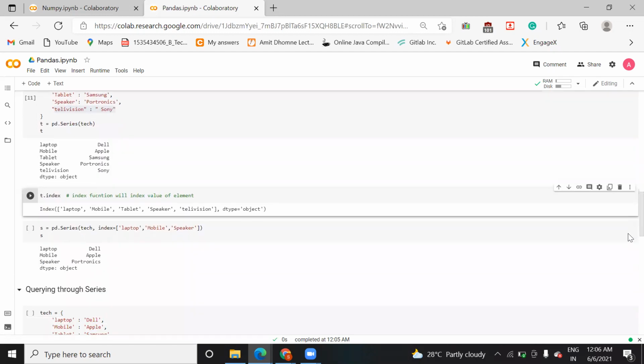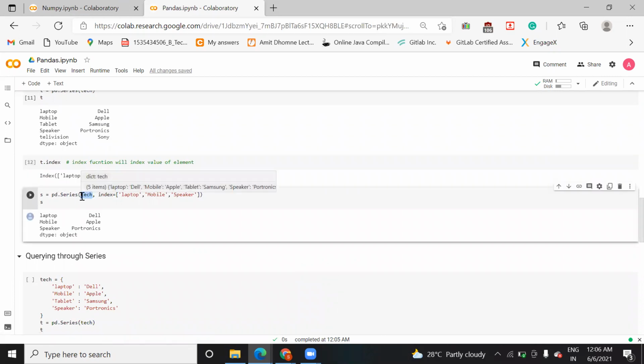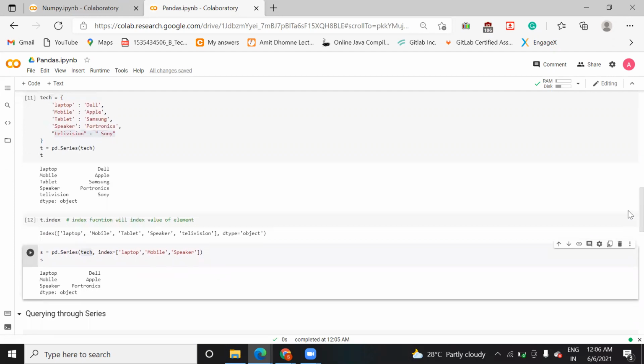Now suppose you want to find the value of a specific index, how can you do that? Here is the series that you have created, tech, a pandas series.